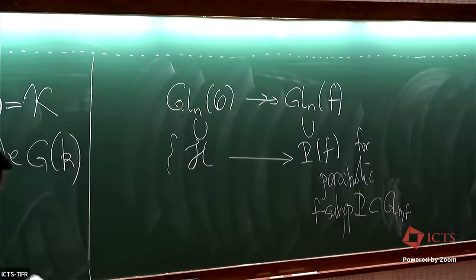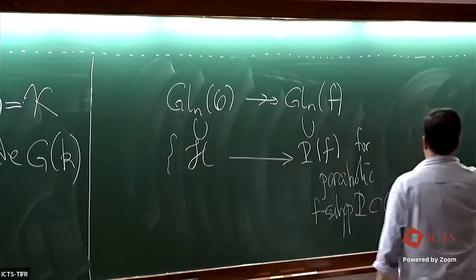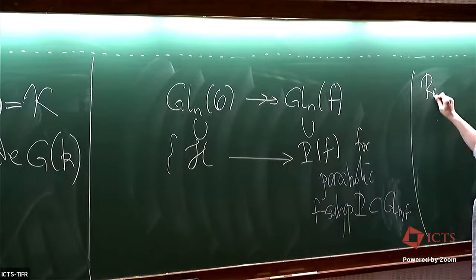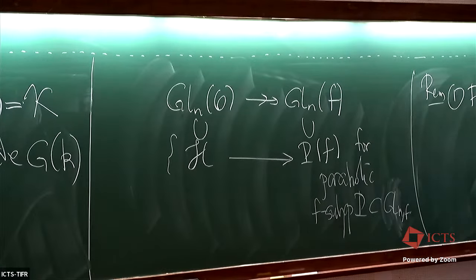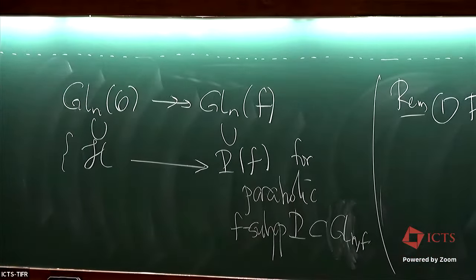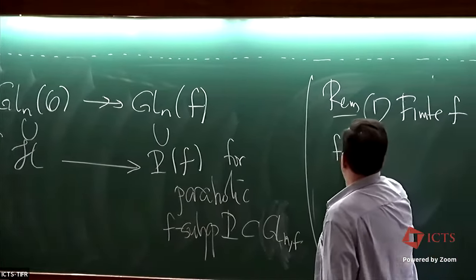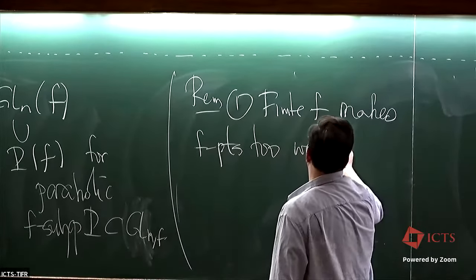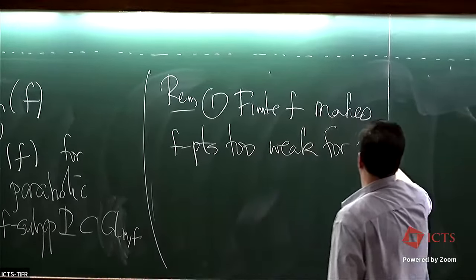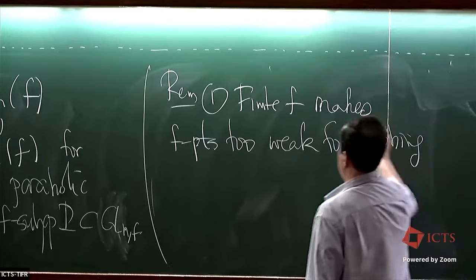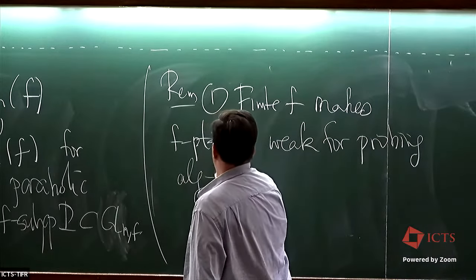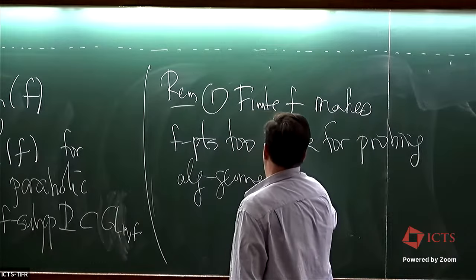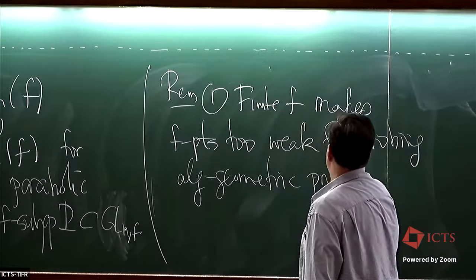So this is going to be one problem: the finiteness of F makes using F points in some sense too weak for probing algebrogeometric properties